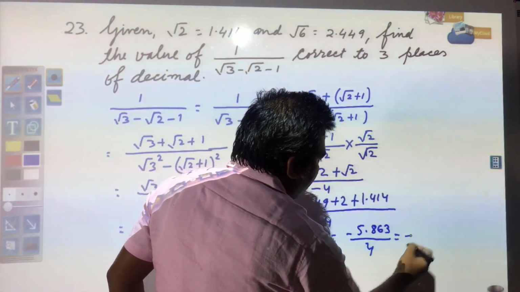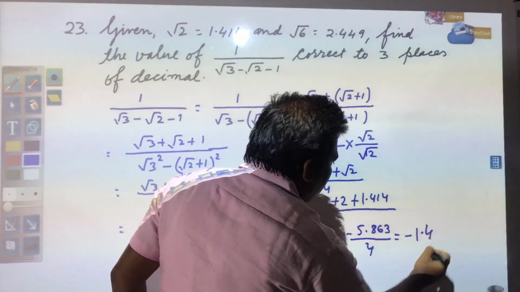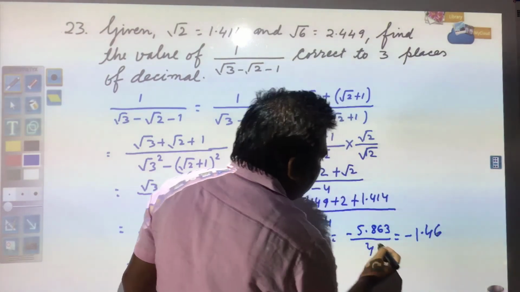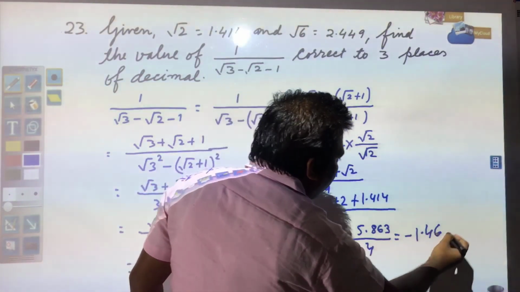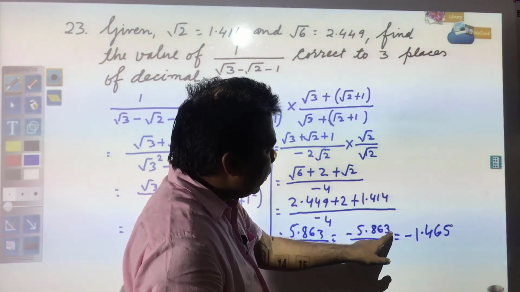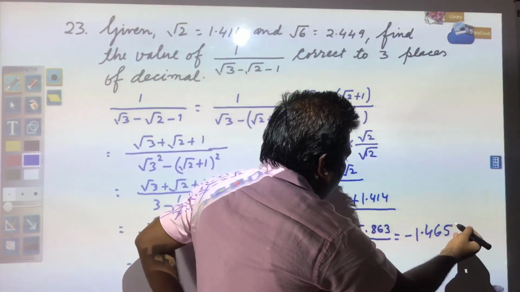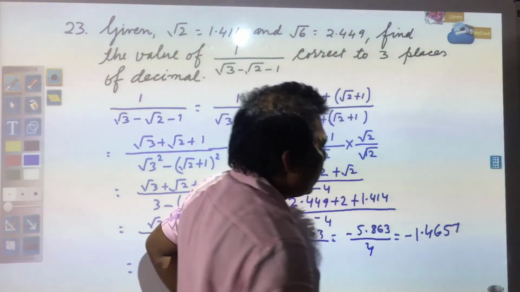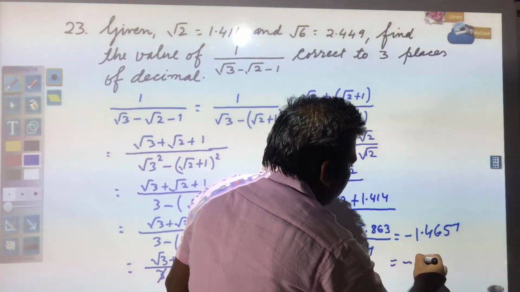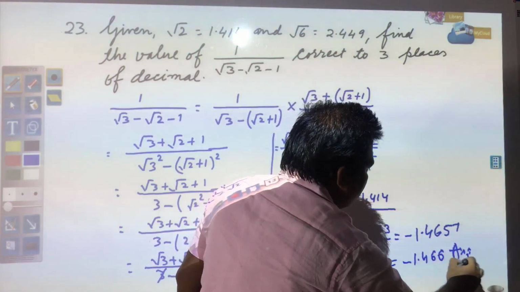You divide this number, what you will get? 4 1 ja 4 with minus sign, decimal 18 you have, 4 4 ja 16, then 2, 26 it became, 4 6 ja 24, 23 it became, 4 5 ja 20, 3 you have. So again that will become 30. 4 7 ja 28. So, what can be done? You round off this and it can be written as minus 1.466, and this will be your answer.